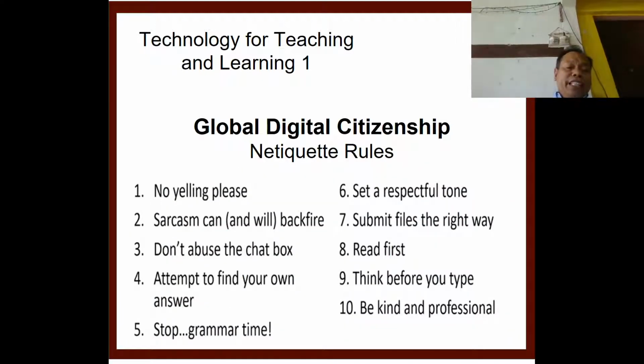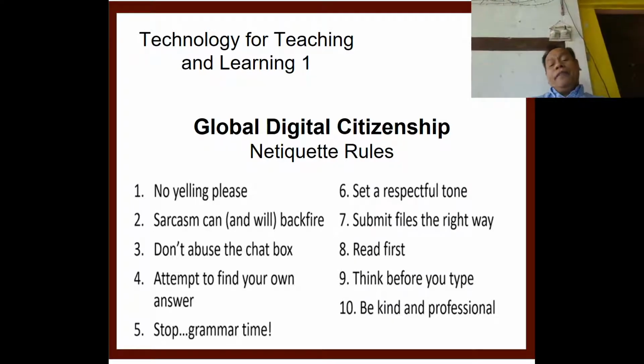Some of these netiquette rules are: no yelling please, avoid sarcasm, don't abuse the chat box, attempt to find your own answers, do not ask too many questions, use good grammar, be respectful, submit files the right way, read first, think before you type,